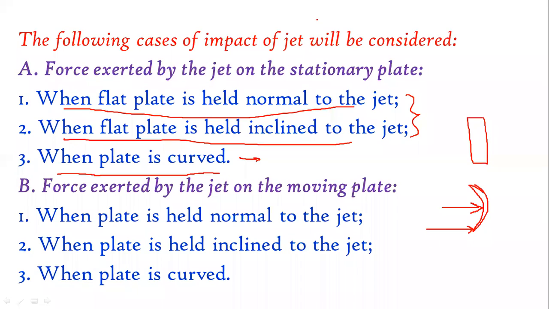So please, today only 48 students I can see here. It is a very important chapter with regards to your syllabus, with regards to your end semester examination, with regards to the GATE examination, etc. So please be present, everyone. And after we have finished with this, we will start with the second case, that is B case, force exerted by the jet on the moving plate. And when we study the remaining three types, our fourth unit will be over.